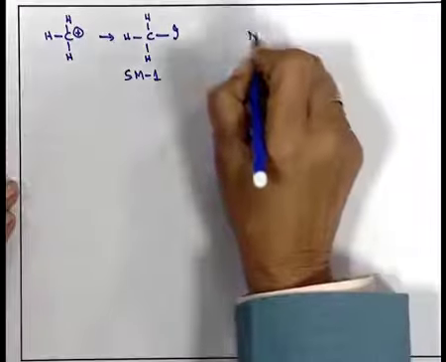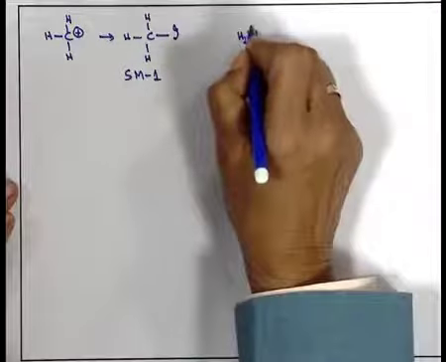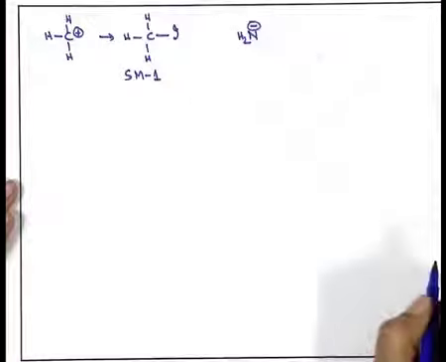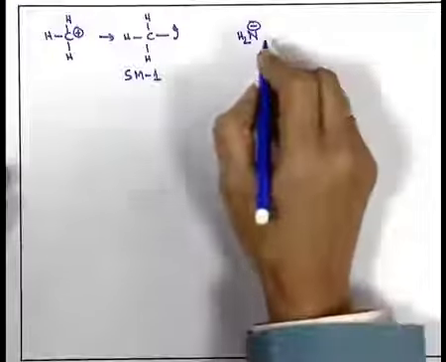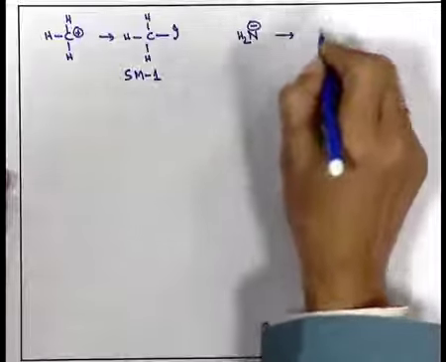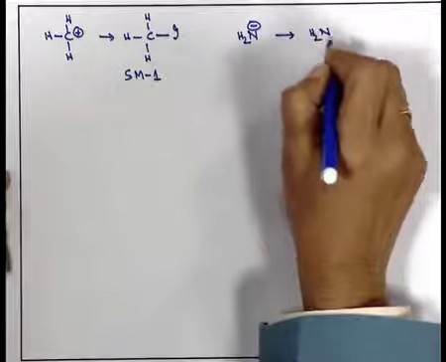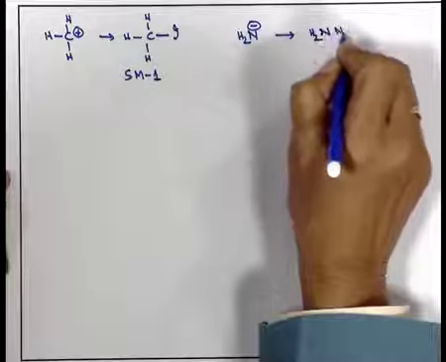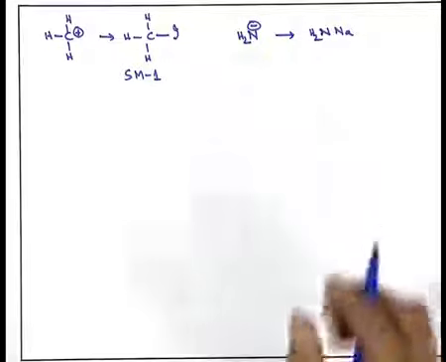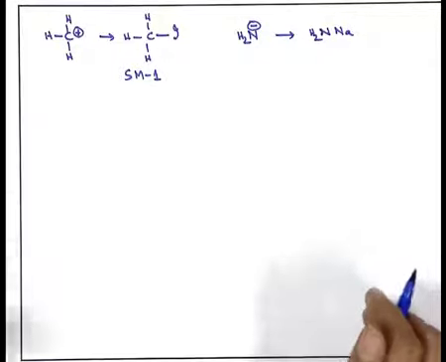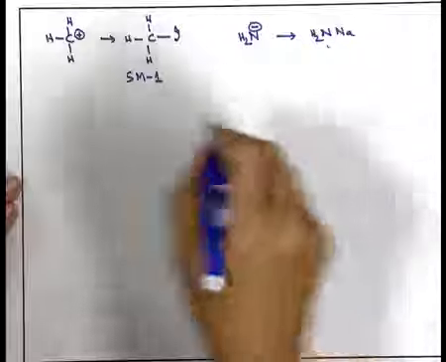Likewise, I have to take NH2 minus, because CH3 plus should combine with NH2 minus to make CH3NH2, methylamine. So, how to get NH2 minus? Again this is the synthon. I should combine it with an electropositive element. That element may be sodium, may be potassium, may be other metals. So, as simple as sodamide treated with methyl iodide.